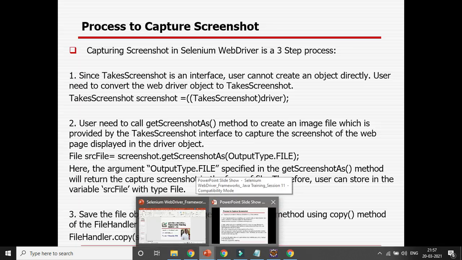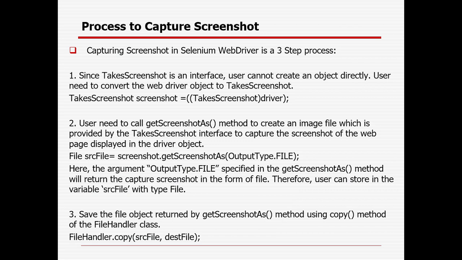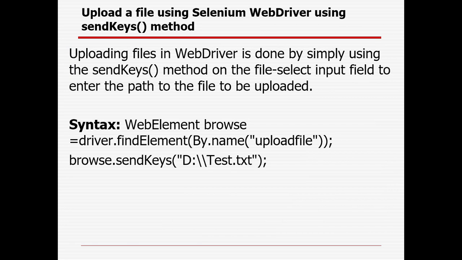Okay, great. The last topic for today is, in case we want to upload any files, how can I do it? Uploading files in WebDriver is done by simply using the sendKeys method. You already know sendKeys, where I can type into an input field; if I want to type ABC, I can do it.